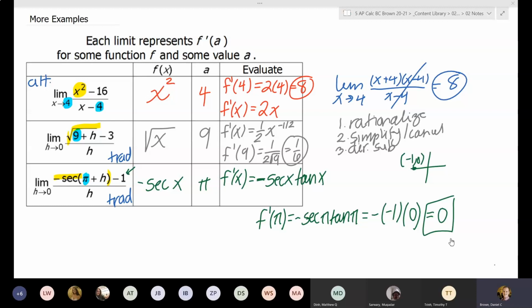So that is where I am going to end today's notes. Again, tomorrow there is